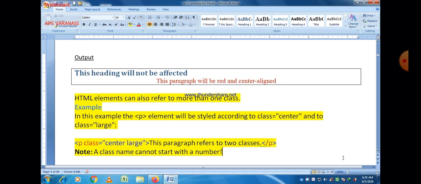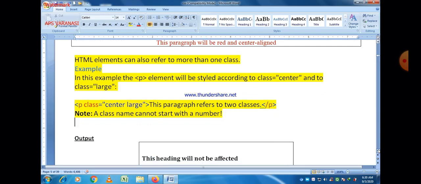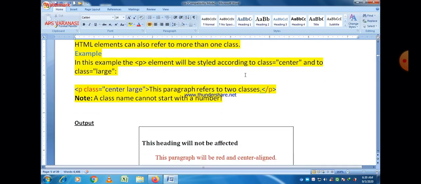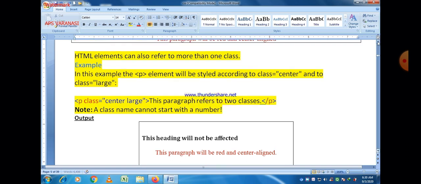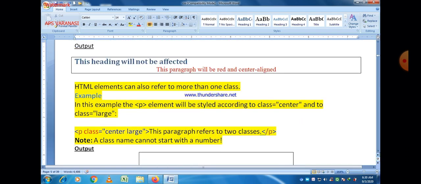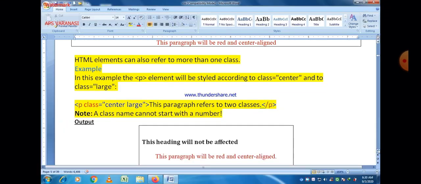An element can also refer to more than one class. In this example, the p element will be styled according to class center and class large. So in this example two class names are used, center and large. If there are two paragraphs and both belong to different classes, and we apply a theme for a particular class, then that theme is applied only to the elements of that class.